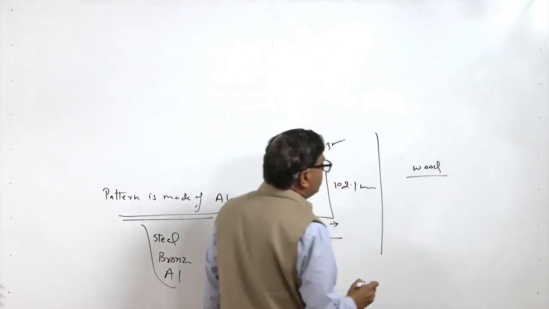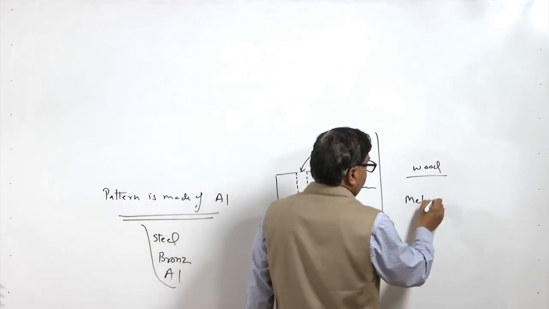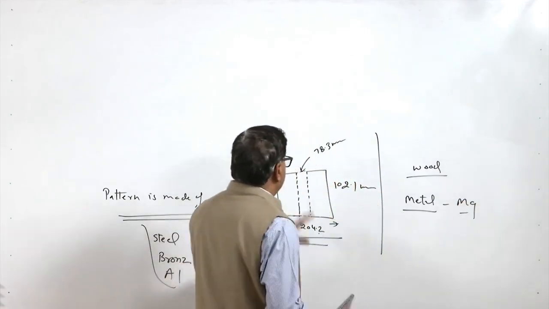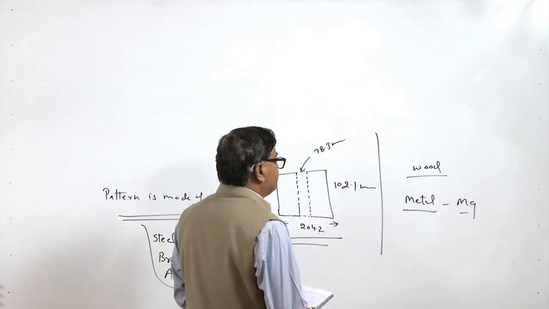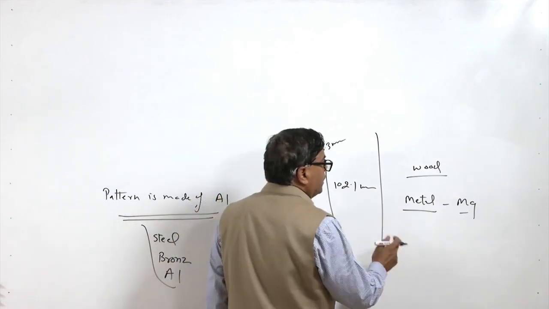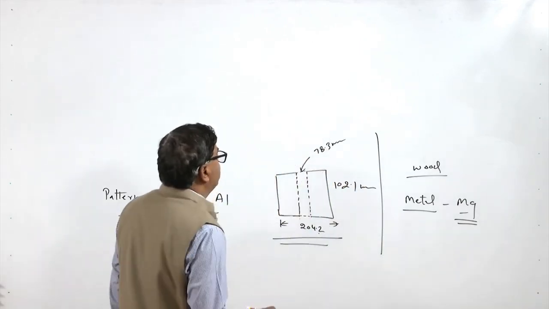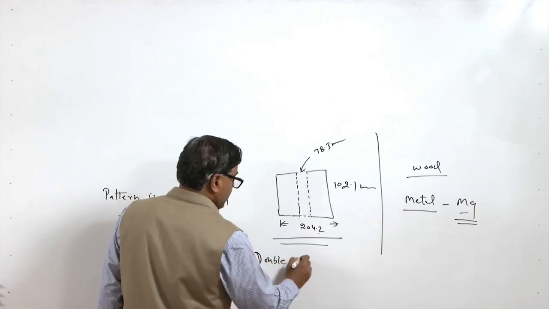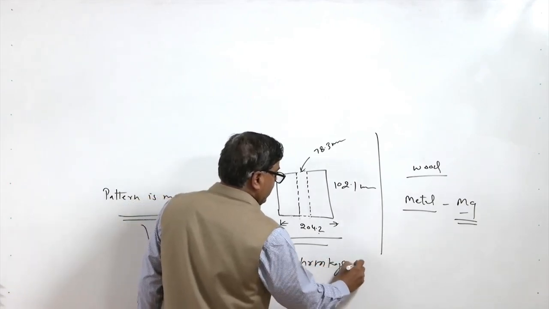Now we have to make the pattern of the metal made of the magnesium, so again we have to provide the shrinkage allowance for the magnesium for these dimensions. So basically the double shrinkage allowance